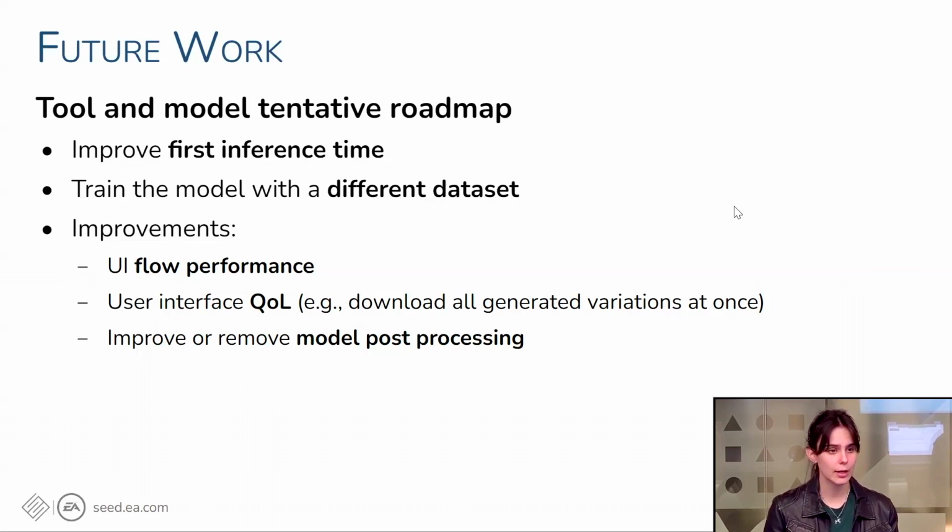We also want to implement several quality of life features, for example, downloading all the generations at the same time. Additionally, one of the most requested features is to train custom models. But in order to do that, first, we need to make sure that the approach is robust enough to work with different sound effects. We need to streamline the way we train the model, and we need to inform our users about the legal limitations of training with their own sounds.